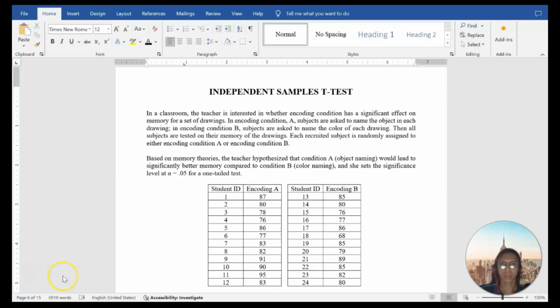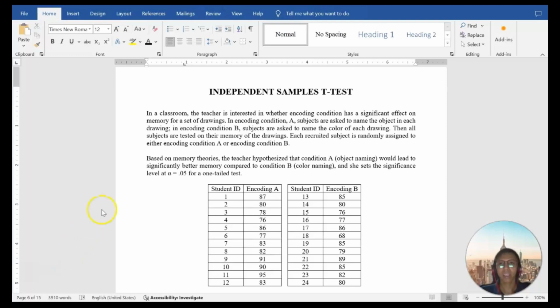Now let's move on to the independent samples t-test. The independent sample t-test is a statistical test used to determine if there is a significant difference between the means of two independent groups. These groups are unrelated and are compared to see if their average scores on a particular variable differ significantly. Common applications include comparing two groups, such as a control group and an experimental group, for example.